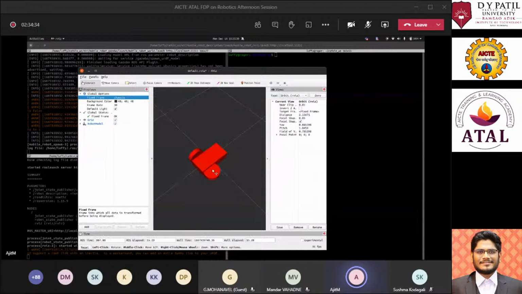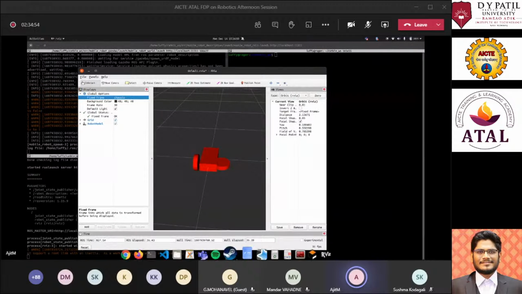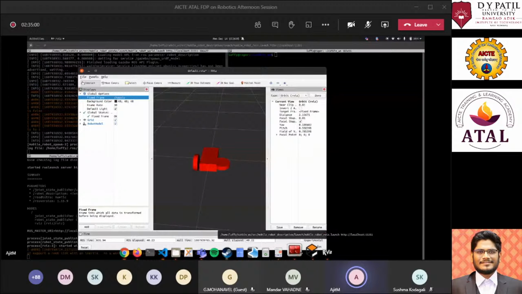So once we rotate it in pitch, basically in this direction, and then we rotate in this direction, which is yaw, the axis of rotation of the wheel becomes the y-axis for making the robot move ahead. So if we go back in the code and